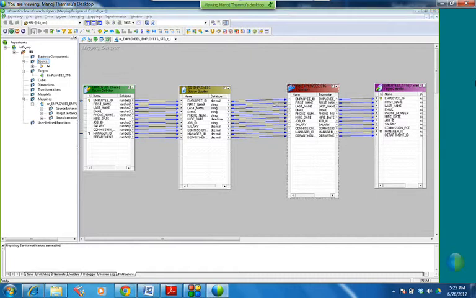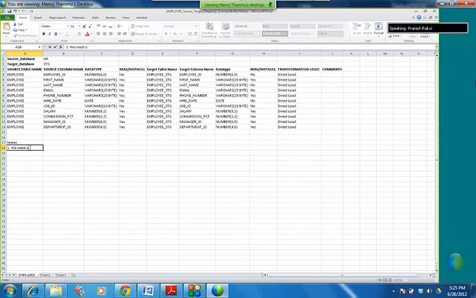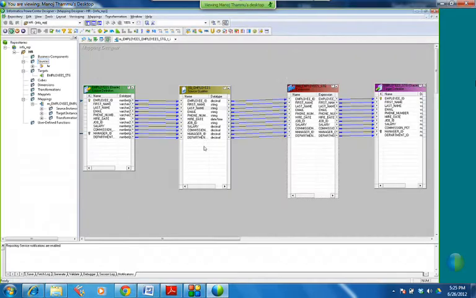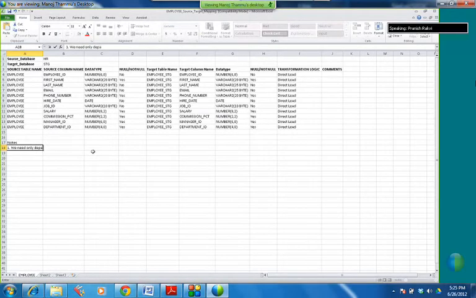So let us go back to the requirement, and here in the notes, note 1, we need only department ID equal to 50 data in the target.